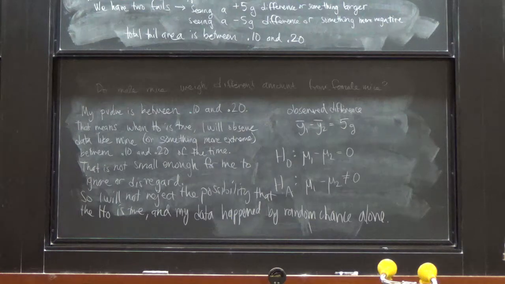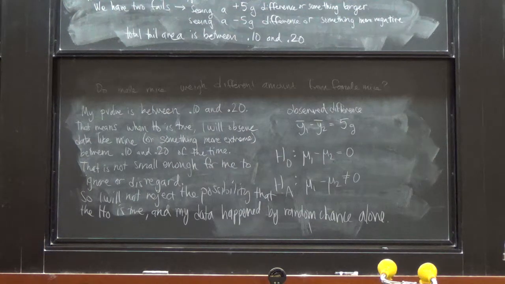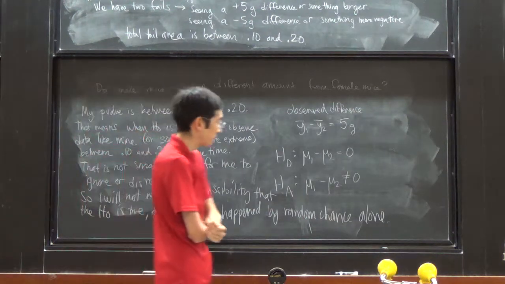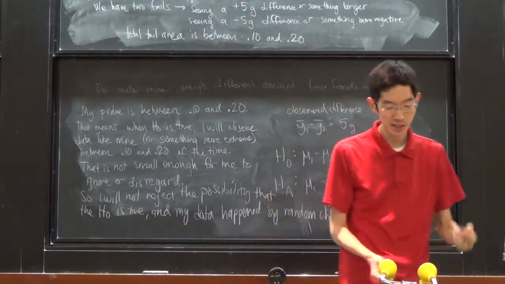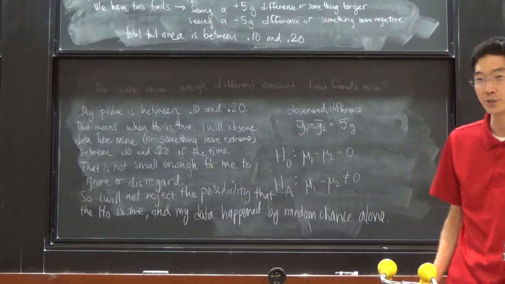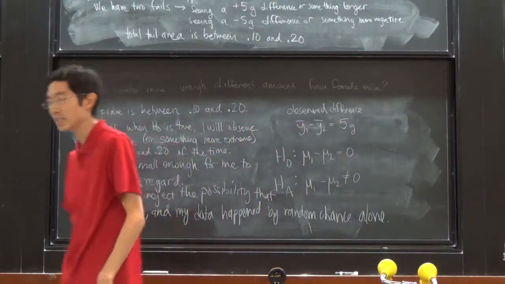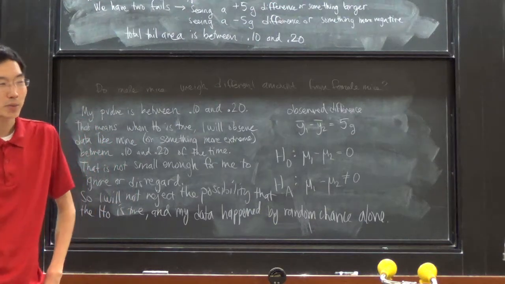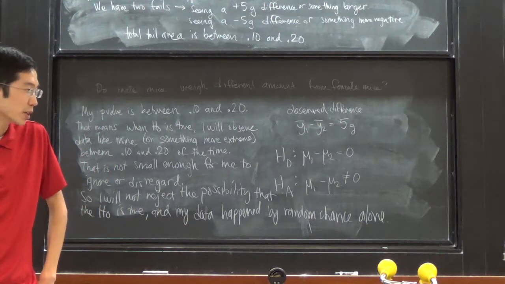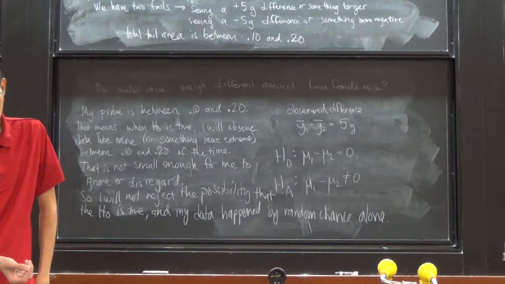Yes? How do you know that it's not small enough? Yeah, okay, so I'll get to that. So the question is, when do we say this is not small enough for me to ignore or disregard? Okay? And this is truly your judgment call as a researcher. You should be able to say, this number can happen by random chance this much, I'm not ready to disregard that. It should be your call, but